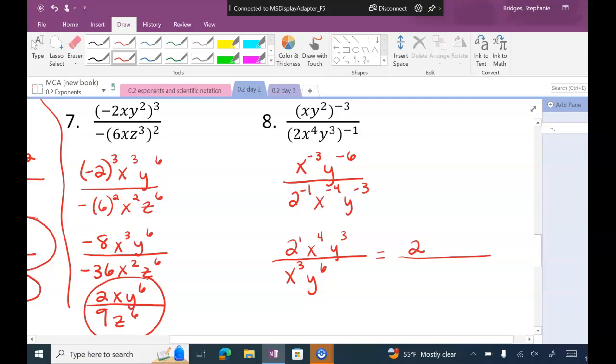X to the 4th at the top, x to the 3rd at the bottom. Where do I have the most x's, at the top or at the bottom? How many more do I have up there? 1. Okay. And then I have y to the 3rd at the top and y to the 6th at the